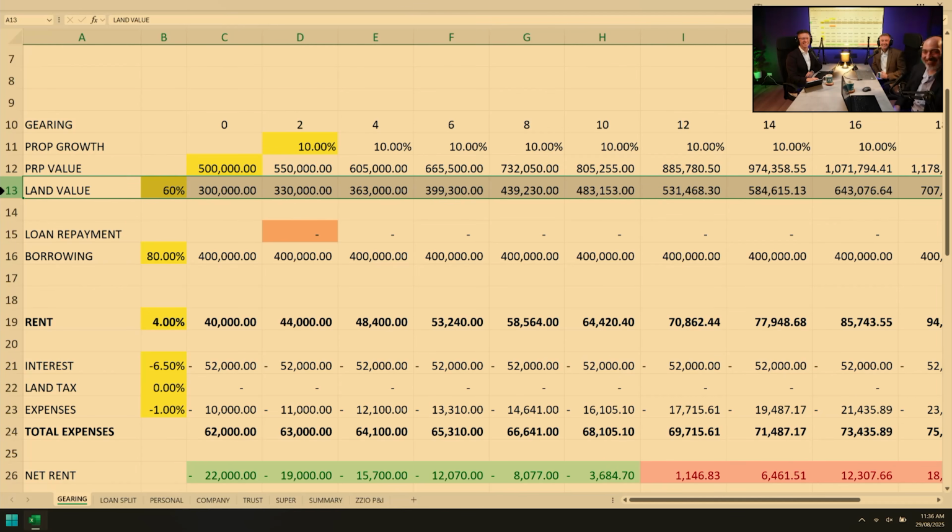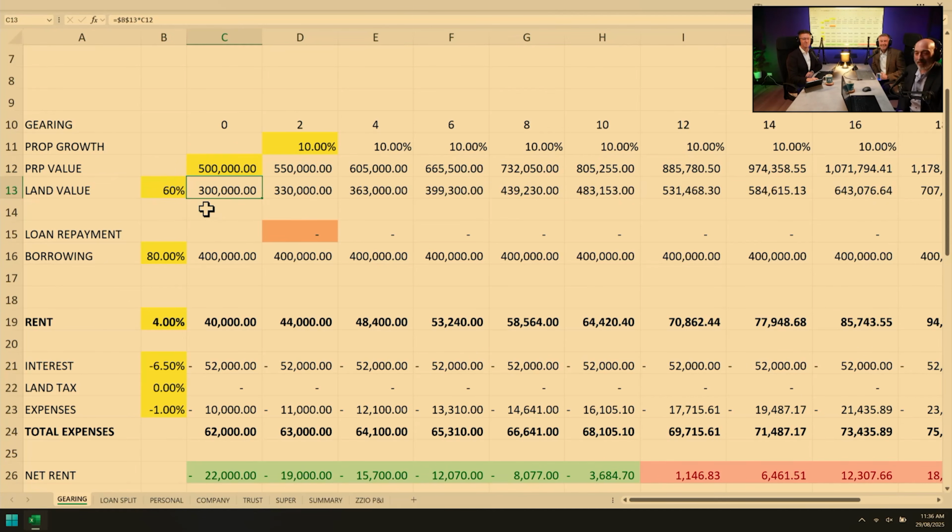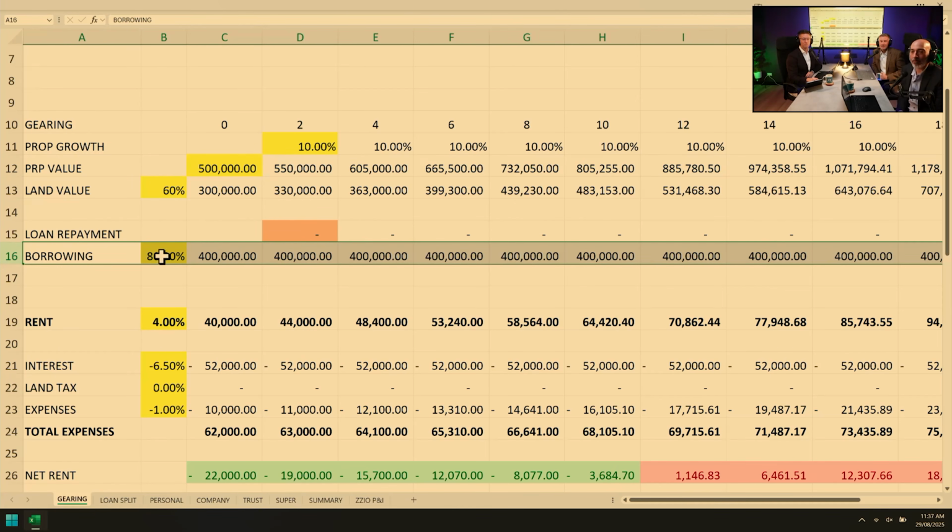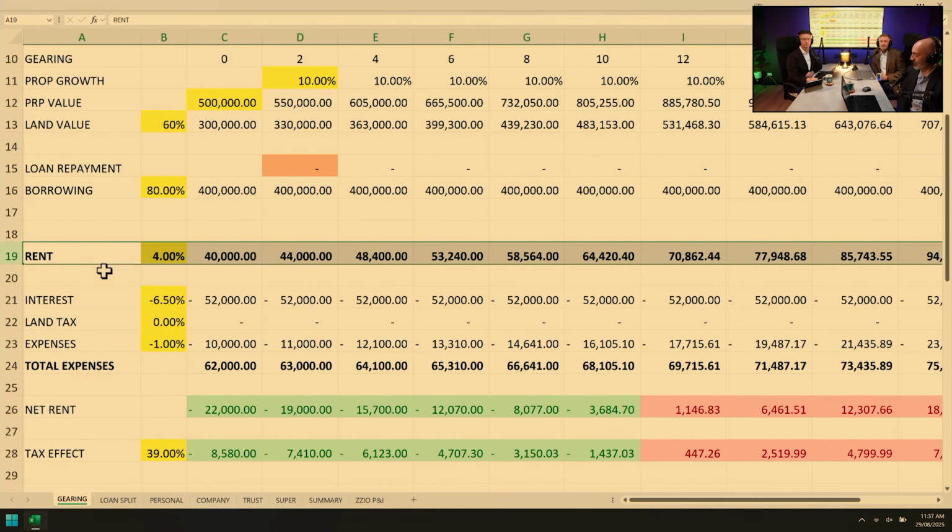All right. So we've got the land value, 60%, and we're going to borrow 80%. So on the $500,000 property, we borrowed $400,000, and obviously assume that the rest of it came from deposit. Now we're renting that at a 4% yield. Jeremy, how does that sit? That's not bad. It's a little below nationwide average, but it's pretty good for most of the large significant urban areas. So really, we've got a rubbish property. 10% or 5% per year. Yeah. You combine 4% yield and 5% growth, that's below average. Okay, good.